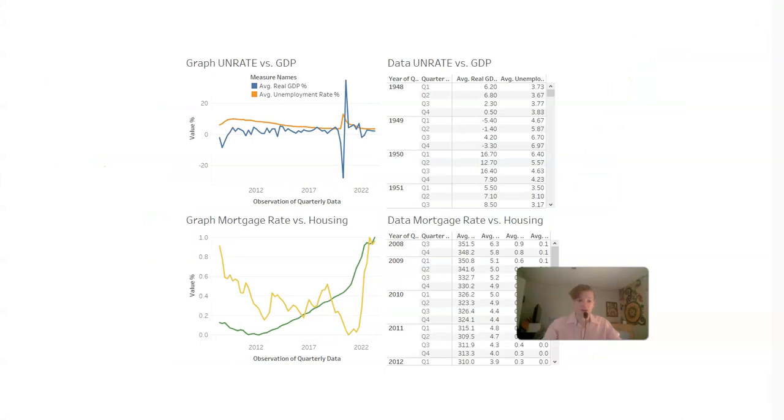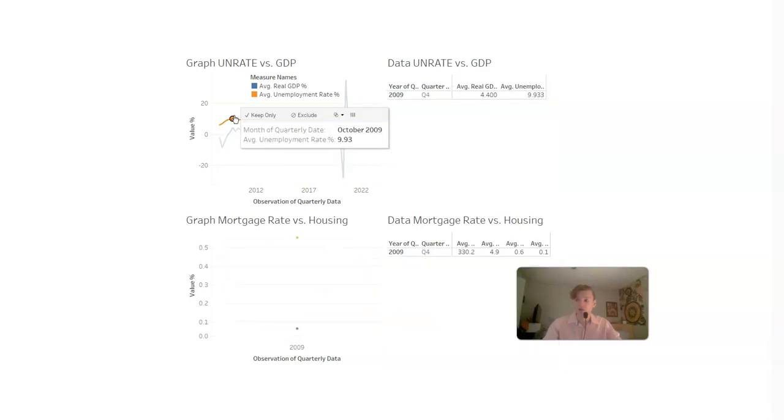And here on this dashboard, it's set up so that you can interact with each data point on each of the graphs to see how they all affect each other. So, for example, if I wanted to see how average unemployment rate would be affecting HPI and the mortgage rates, we could use a high point here, and it will take only those two data points in 2009, and we could see over 0.5 and 0.1,